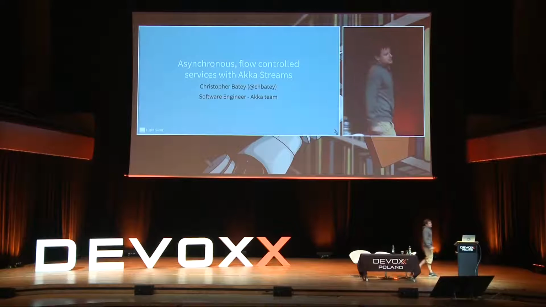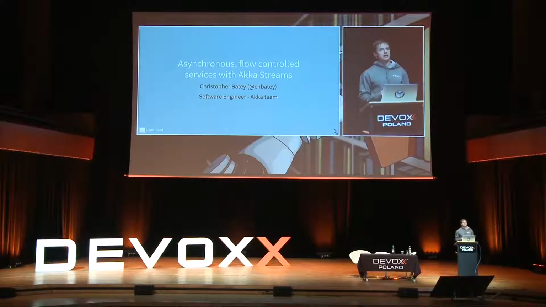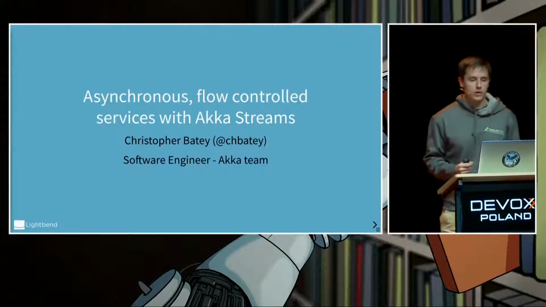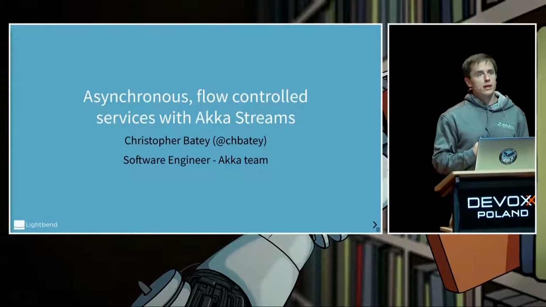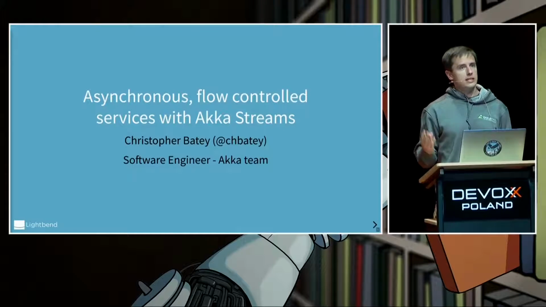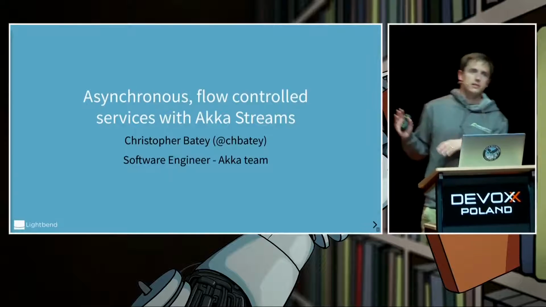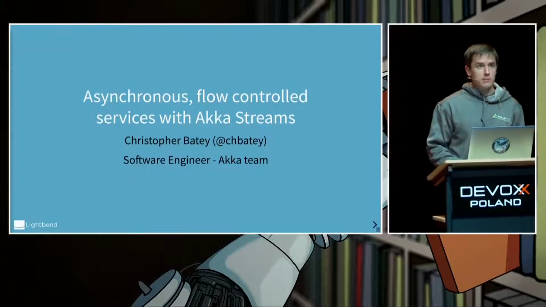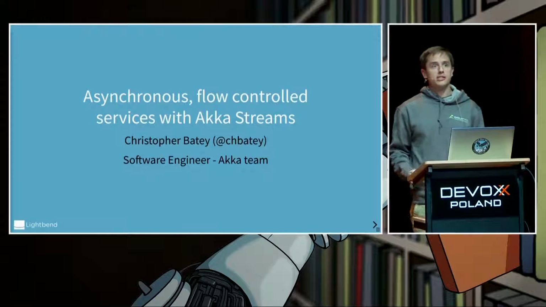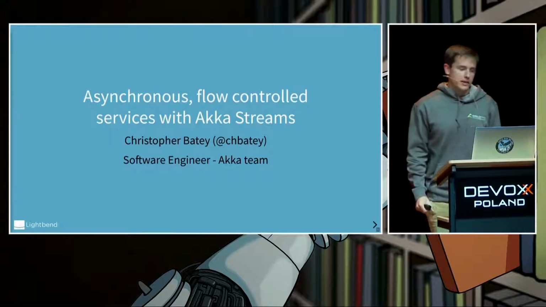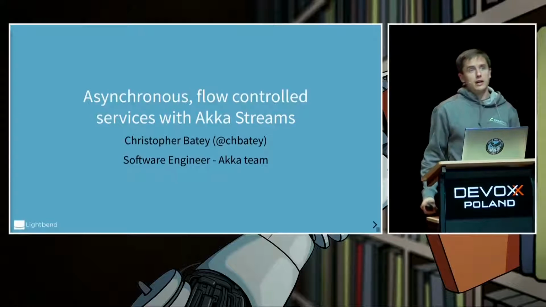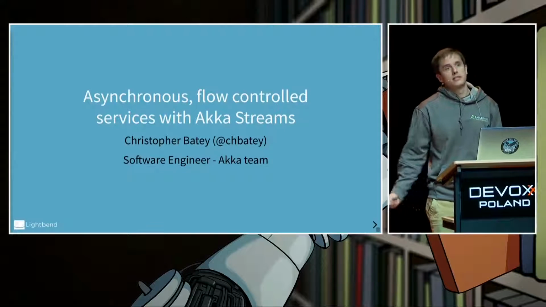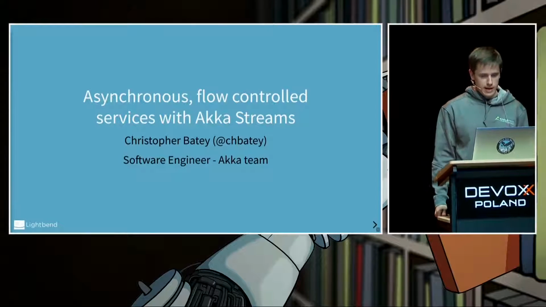And I want to talk today about building asynchronous systems and the benefits for doing that. And when you go asynchronous, I want to talk about the benefits of flow control and back pressure. So if you're aware of how TCP works and things like that, then I want to bring that style of thing into our application. And I'm going to show some code examples, and I'm going to do a demo, and I'll be using Akka Streams for that. The reason is I work for Lightbend, which is the company that builds Scala and contributes a lot to open source projects, one of which is Akka, and it's my full-time job to work on Akka.